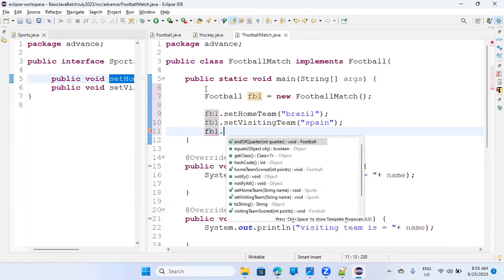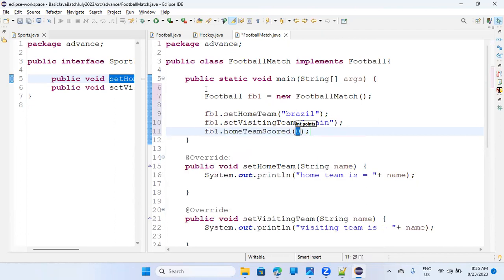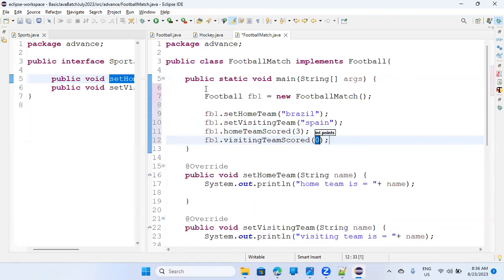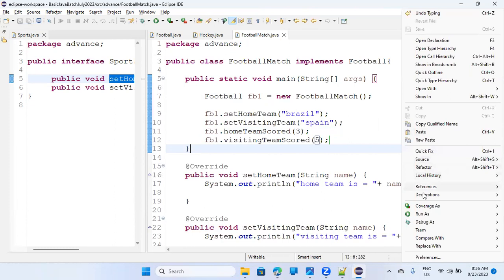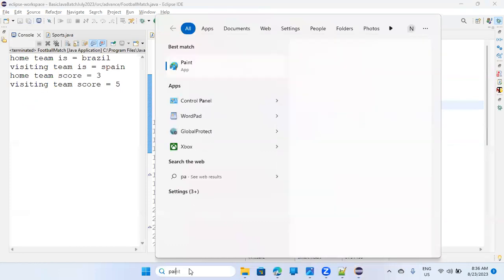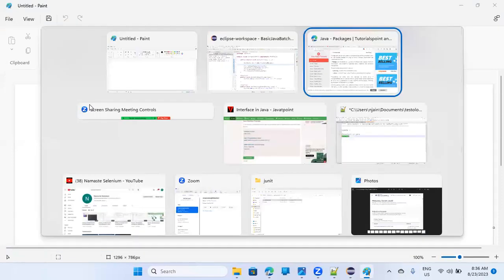So fb1 dot, it will show you all the functions which you can call. So score, where is home team is scored? So home team is scored, let's say 3. And fb1 dot visiting team scored 5, something like this. That's it. So when I run this, it is printing me all these things. Right? What we have done, let's create a picture of it. What we have done, and opening Paint, and I'll show you what we have done till now,